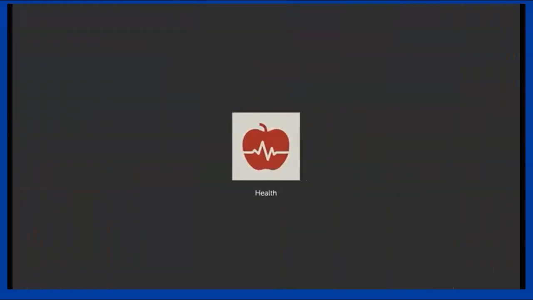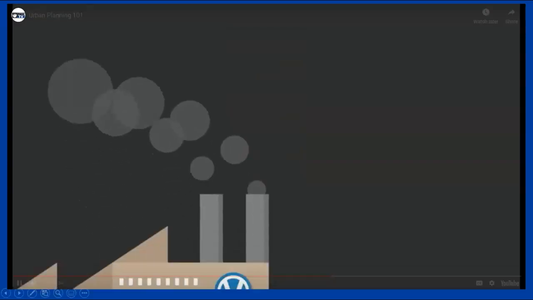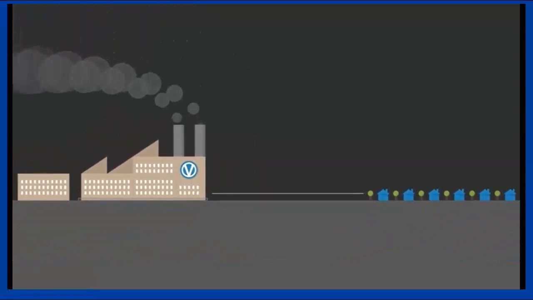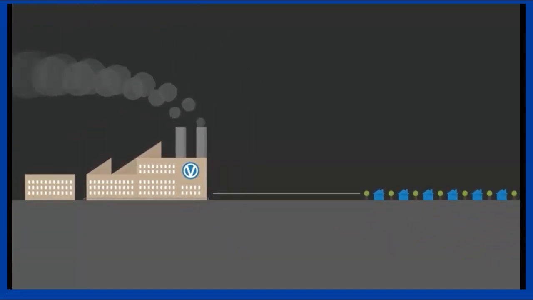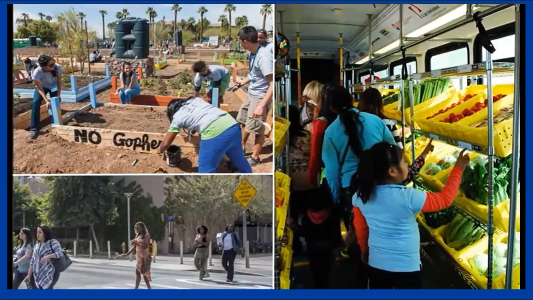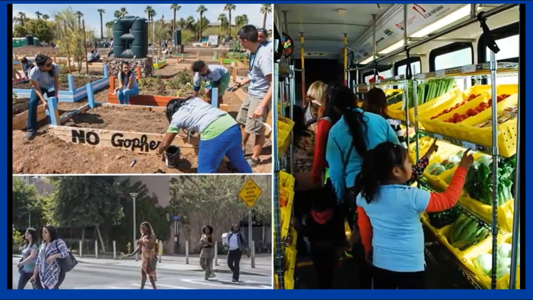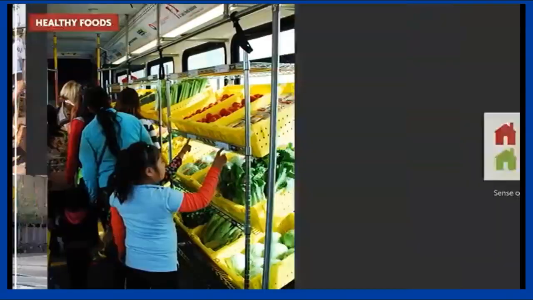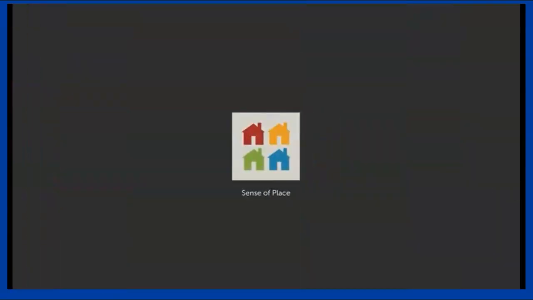Designing a city that protects public health is one of the longest-standing roles that planning has played. Plans across the country have helped ensure that residential uses are safe distances from places that may pose health risks. Recent efforts in planning have focused more on designing cities to promote healthy lifestyles through pedestrian connectivity and access to healthy foods. We plan to help reinforce our community's identity.